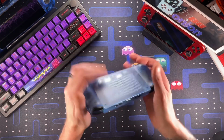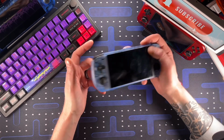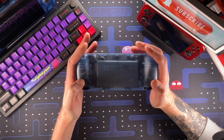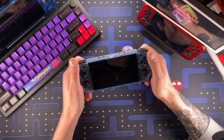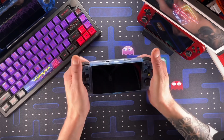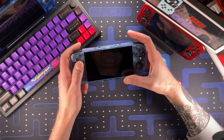I don't know who designed the ergonomics on this though. For picking up a cinder block, this thing actually feels really good to play. And this by far is, in my experience, out of all the Powkiddy devices I've reviewed, the most sturdy device Powkiddy has ever made. I mean, this thing doesn't twist, it doesn't move, it's solid, it doesn't bend, it doesn't creak. You have those problems with a lot of them, and somehow they still made it extremely ergonomic